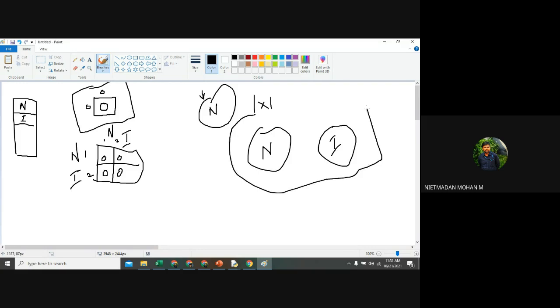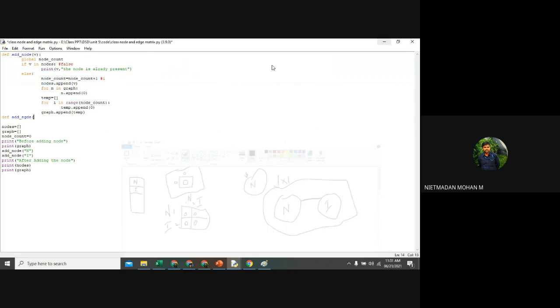This is an undirected graph. You just imagine we are going to create an undirected graph. So I want to pass two vertices for my add edge representation. Am I right? If it is an undirected graph, I want to pass the edge from n to I. So I am taking two arguments. One is v1, comma v2. Clear?